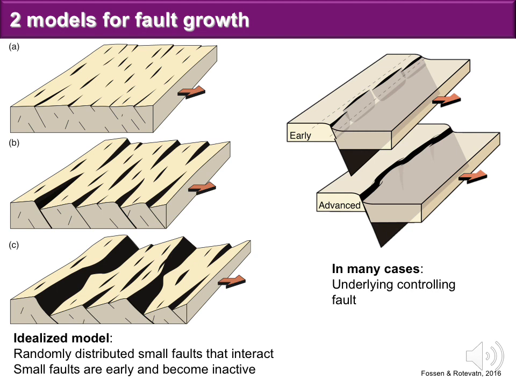Here on the left is a simple, very simple model of fault growth, fault population formation, and it starts out with lots of scattered small faults distributed randomly throughout our region of interest. And then as these faults propagate, the tips propagate, some of them will link up quite rapidly and define more continuous and longer faults that would take over the strain accumulation, and then the other small faults will remain inactive